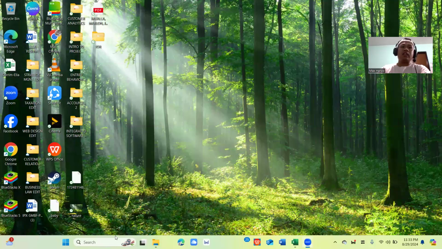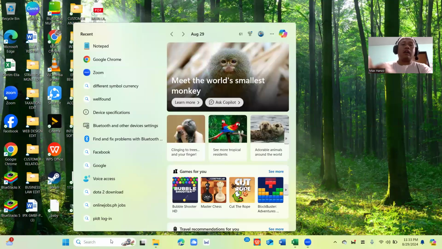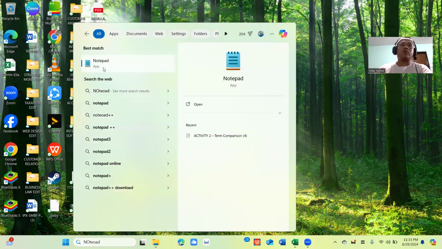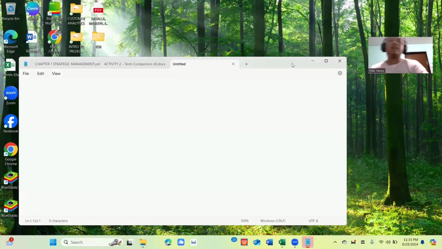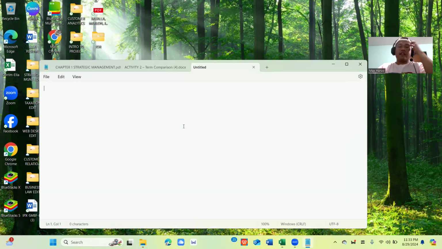And in order to begin, let me just share my screen. All we need to accomplish the creation of the website is the notepad. So let me just open a notepad here. It's also important to note that when we are creating a website, there are certain codes and tags that are needed in order to be able to create the website.